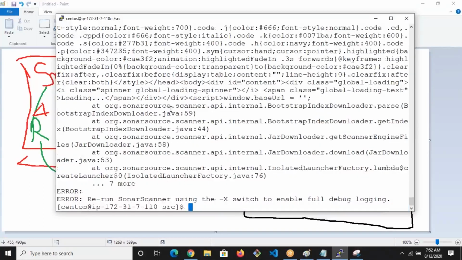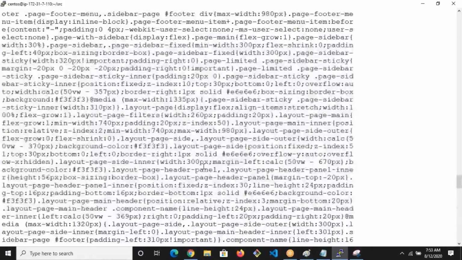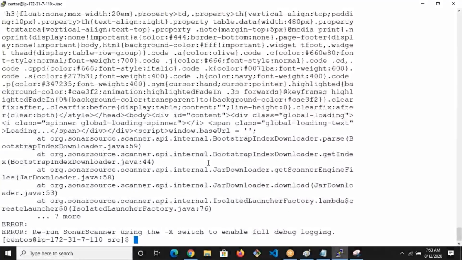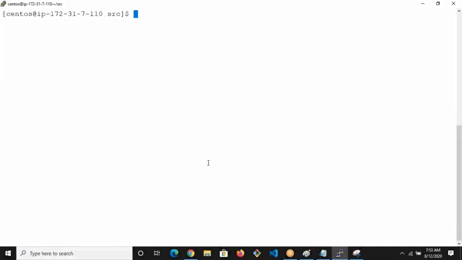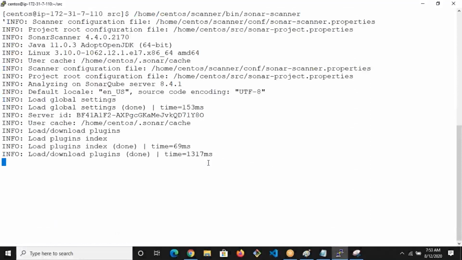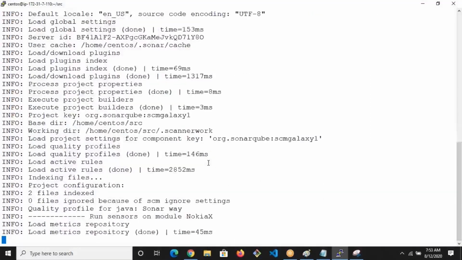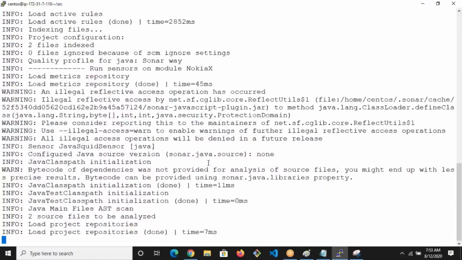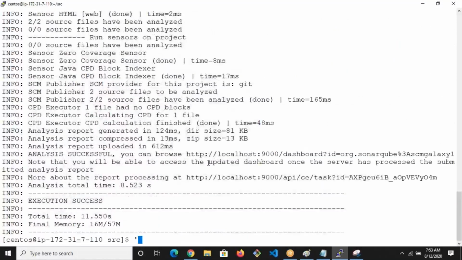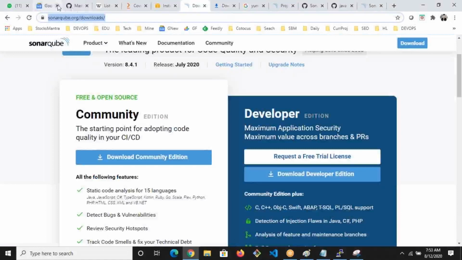Okay, so you see here, there's an error actually. The error has come. The scanner is not up. It might take a few more minutes. Yep. So now, sorry, SonarQube was not up at that time. So now again rerun. Done. That's all. Now you see here, go to the SonarQube server, which is